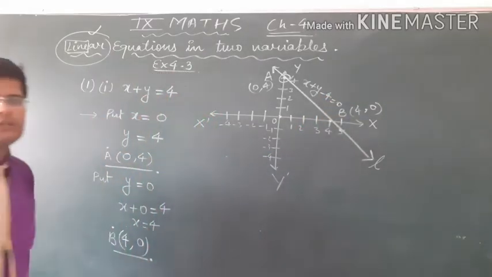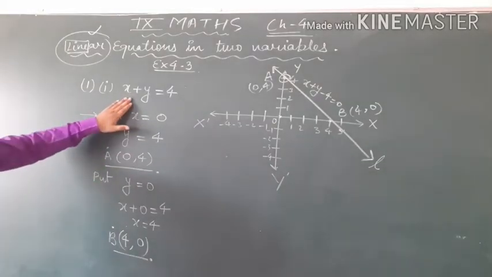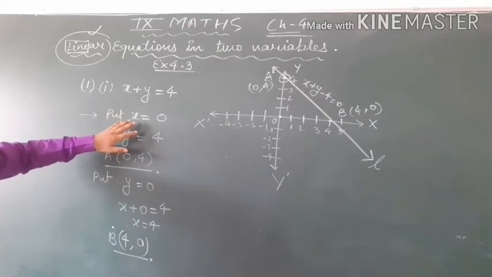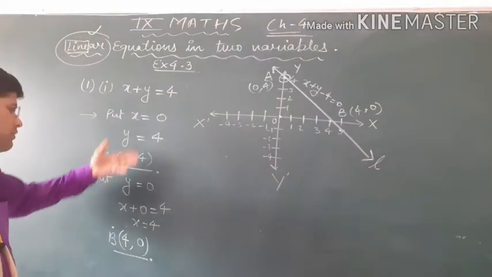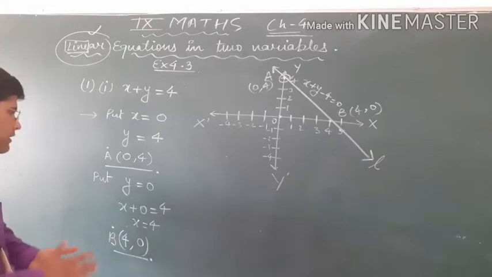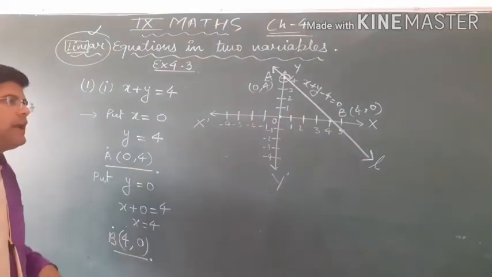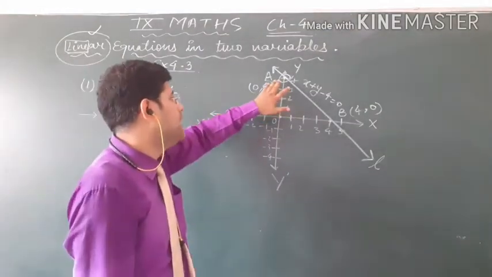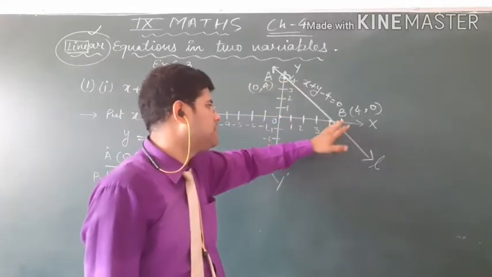So we have to do certain things to represent an equation on the graph. Firstly, we have to write the equation. Then we put x equal to anything. Here I took 0. You can take any other number. And at the place of y, you can take any number. I took 0 at the place of y. So it gives 2 coordinates. Only 2 coordinates are required to make a line, because a line can be stretched between 2 points. So here, firstly, I put A on the graph, so it is (0, 4). And when we put B on the graph, this is (4, 0).